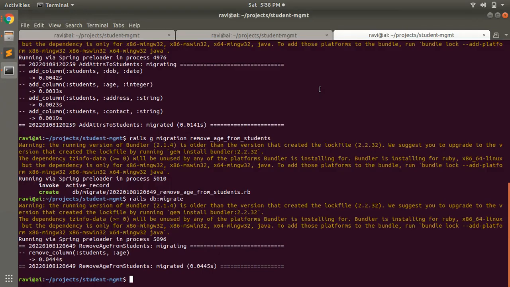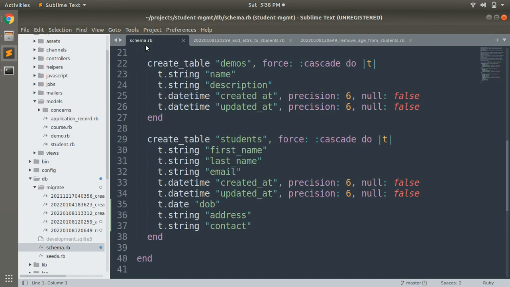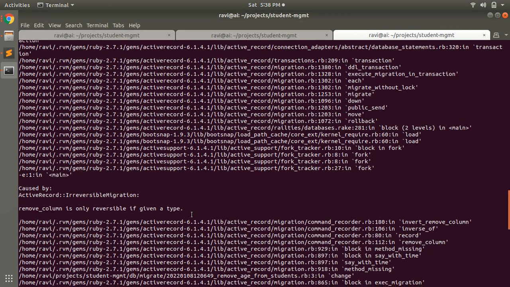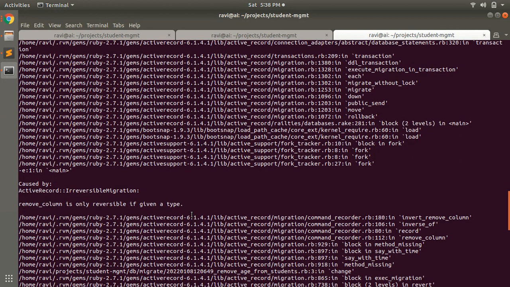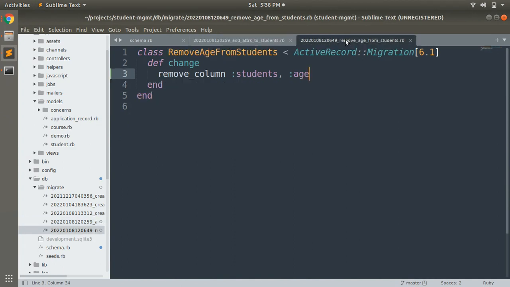Now let me roll back this migration. Rails db rollback, and now this migration will be reverted, and you can see the age attribute again in the database table. Okay, we got an error here. You can see that this is not reversible now. Why? Because we haven't mentioned the type here.